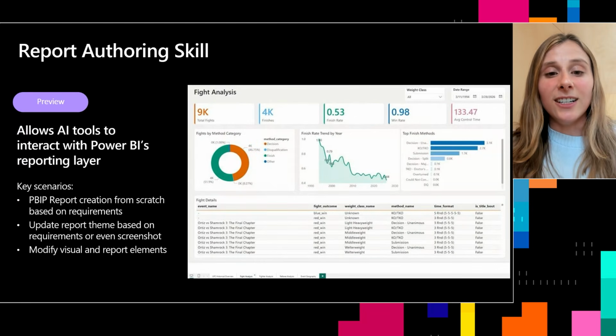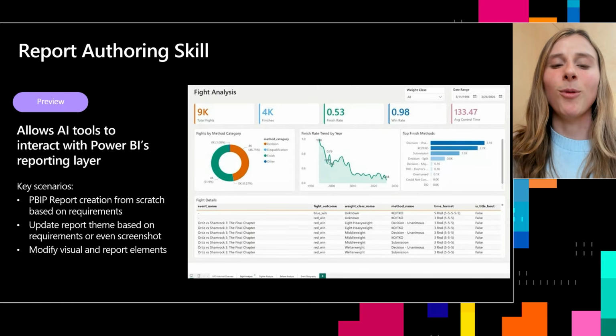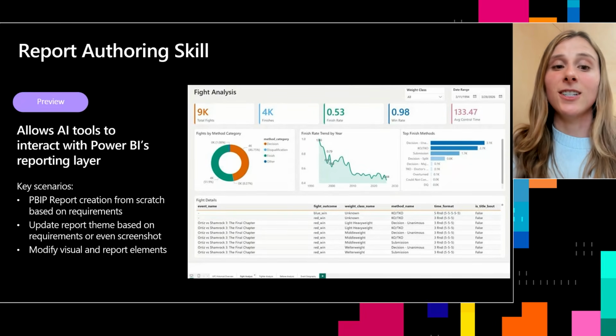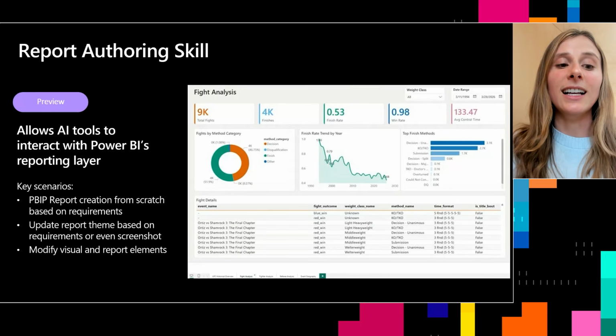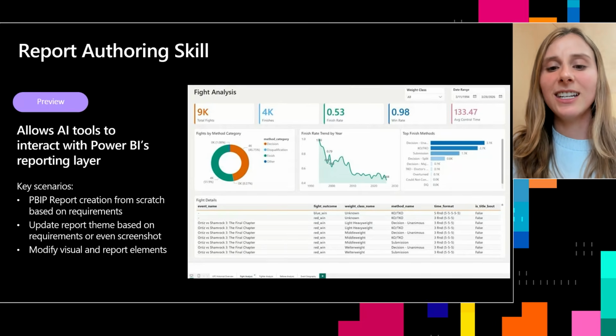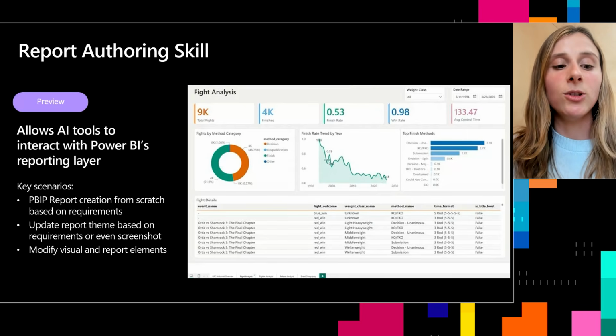Now, the next skill that we support in the Fabric Skills repository is the much anticipated report authoring skill. We're really excited to ship this live for the first time at Build, and what this really does is help you both create net new reports as well as edit your existing Power BI reports. What this does is you use the PBIP file and desktop to be able to create and edit your reports,